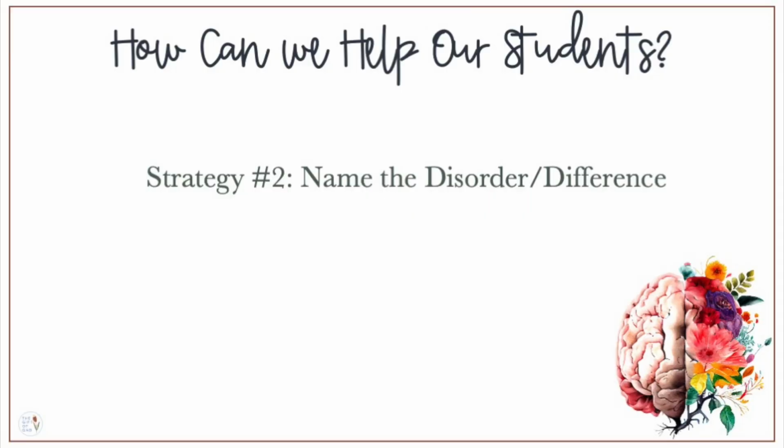Okay, strategy number two, naming the disorder or the difference. There was a study done in 2022, looking to see, does teaching children that they are autistic lead to better outcomes? And the results of that study indicated that yes, it does. And so by naming the disorder or the difference,